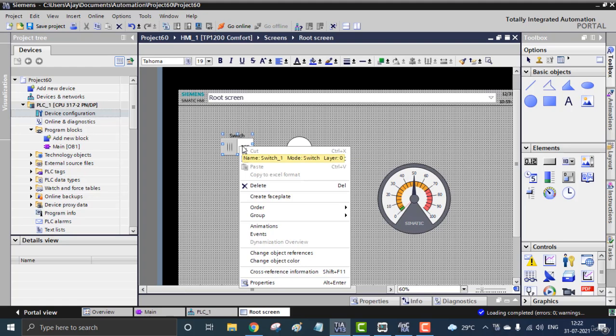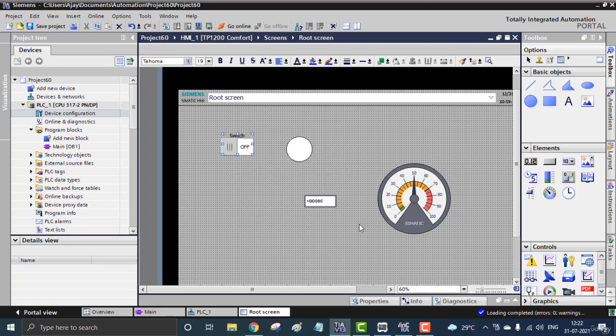And I do have one switch, one digital input and output, and two analog things that can display the analog values from the PLC, and I can connect the PLC input and output with this switch and light also. So let me explain first. I'm going to the PLC program.